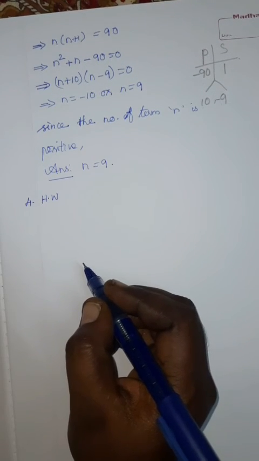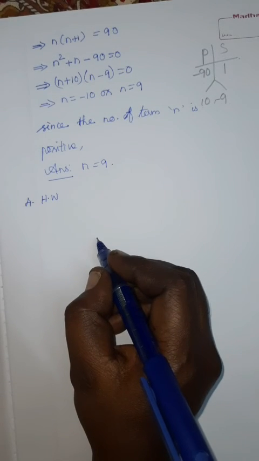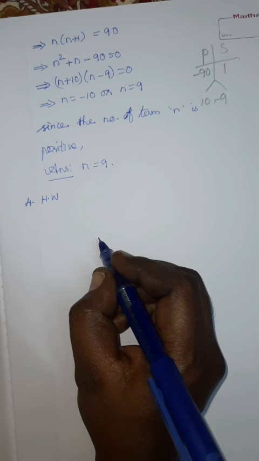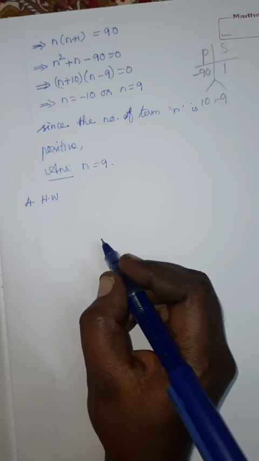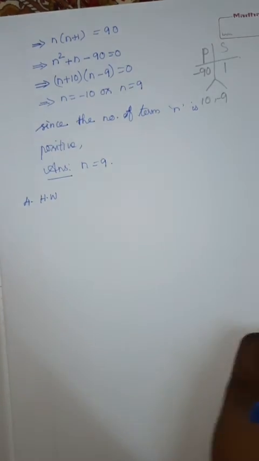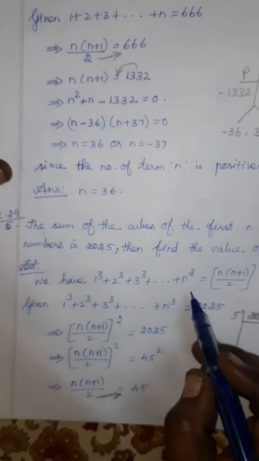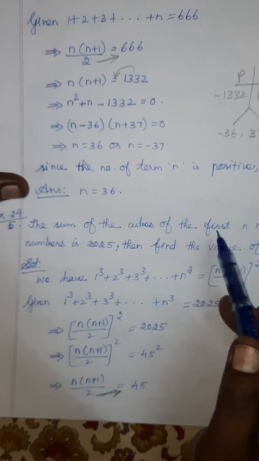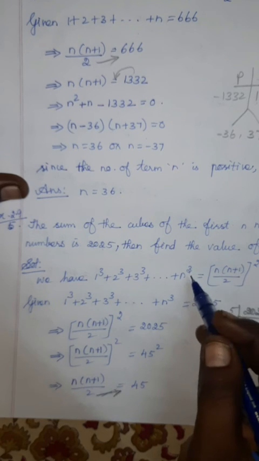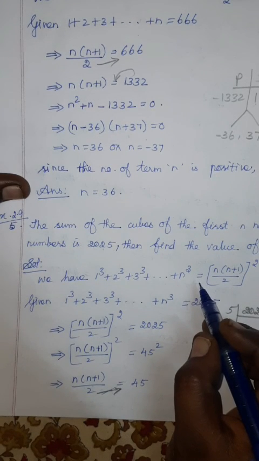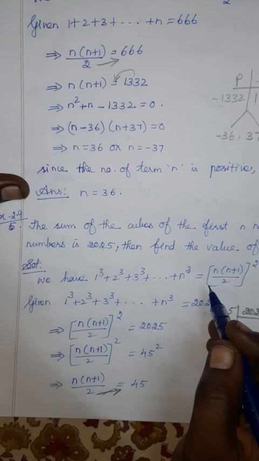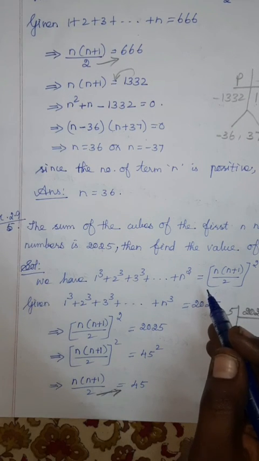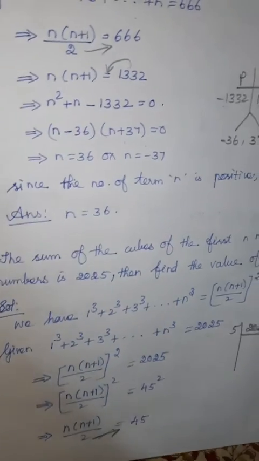Okay, are you all clear? The same procedure is used in the question given in the fourth one: how many terms of the series 1 cube plus 2 cube plus 3 cube plus etc. should be taken to get the sum 14,400? They did not mention the last term, they did not say how many terms. But we need to find the n value, which is only the number of terms. With the same procedure, if you find the n value, you will get how many terms will give the sum 14,400. Okay, that fourth question you complete as homework.